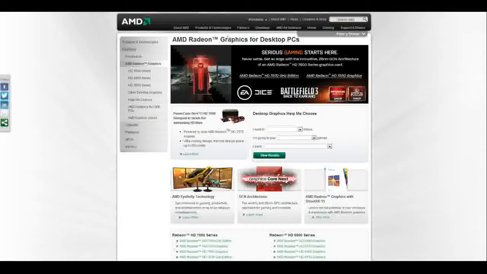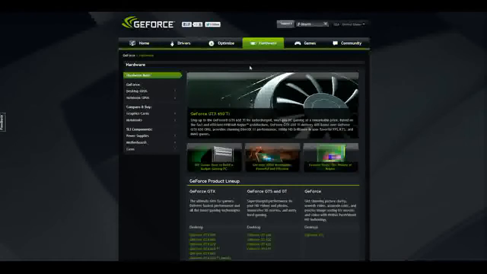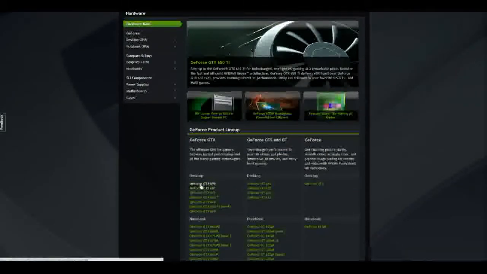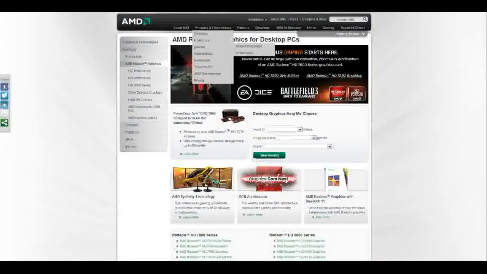Comparing AMD and GeForce, I like AMD, the ATI graphic card, better, because I think it's more durable than GeForce. But some people say the GeForce has better fluency, better graphics, and better performance in gaming. But I think ATI is enough for me, so I like ATI better. Next,